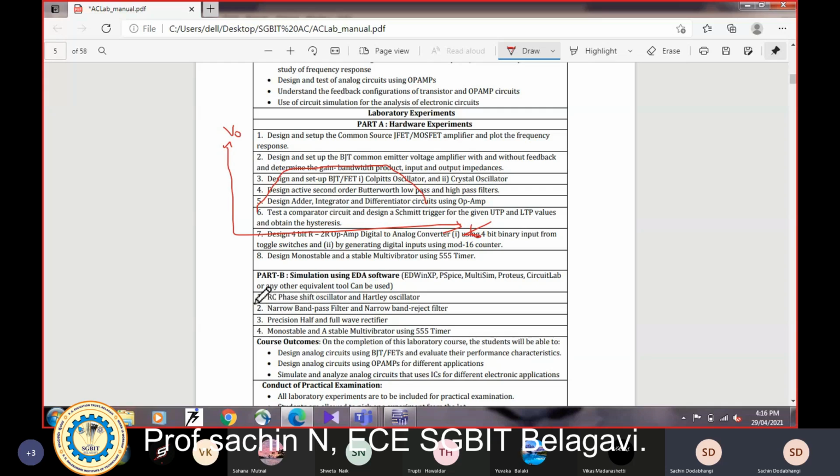According to your syllabus, part B is the RC phase shift for EDA software. In part A, the second question, the design of the BJT RC coupled voltage amplifier, is what we are doing now. Getting it? This is how we get the output.